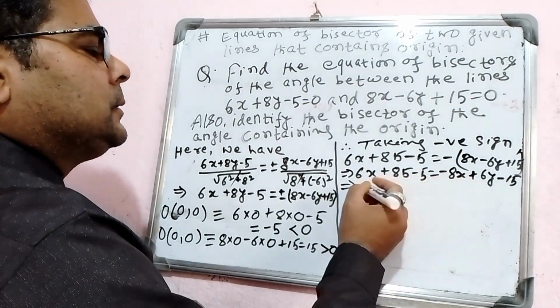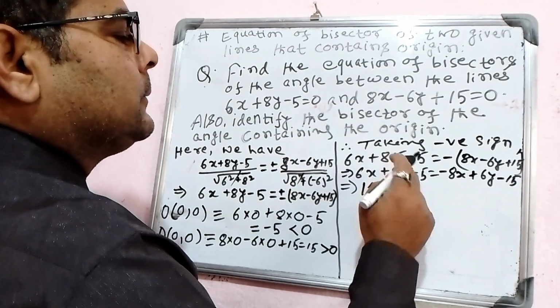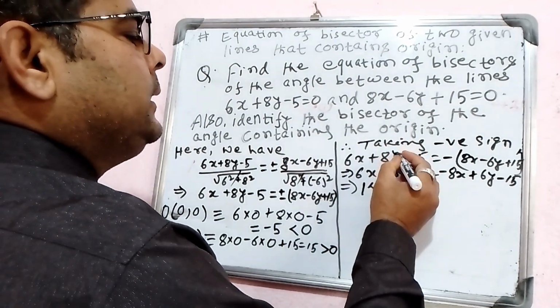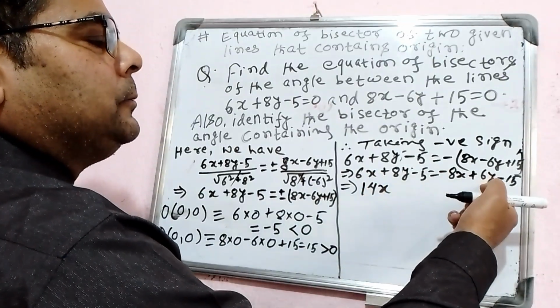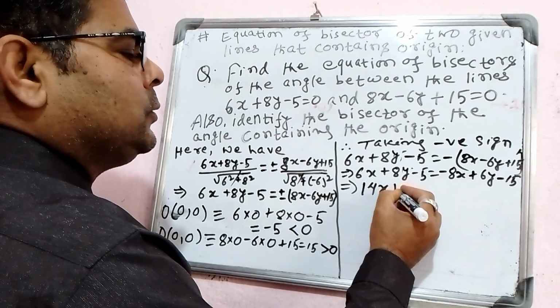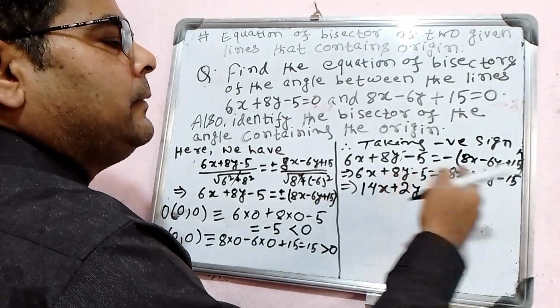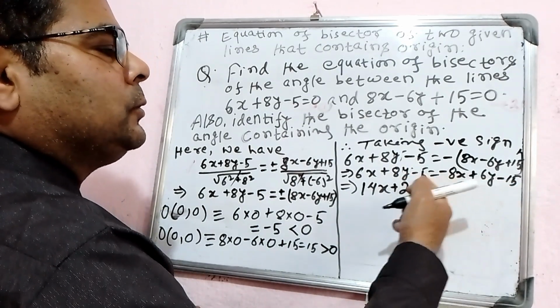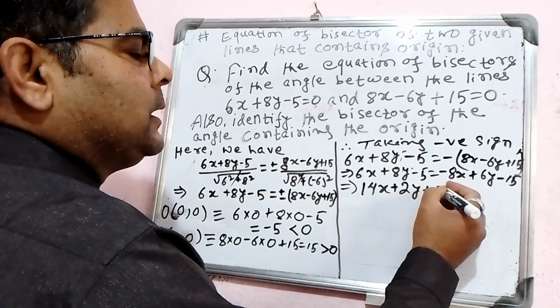It is 6 plus 8 is 14x, and then 8y, and if you transpose to the left, this is minus 6y, so 8y minus 6y is plus 2y, and this is minus 5, and if you transpose this to the left, it is going to be plus 15, so minus 5 plus 15 is plus 10